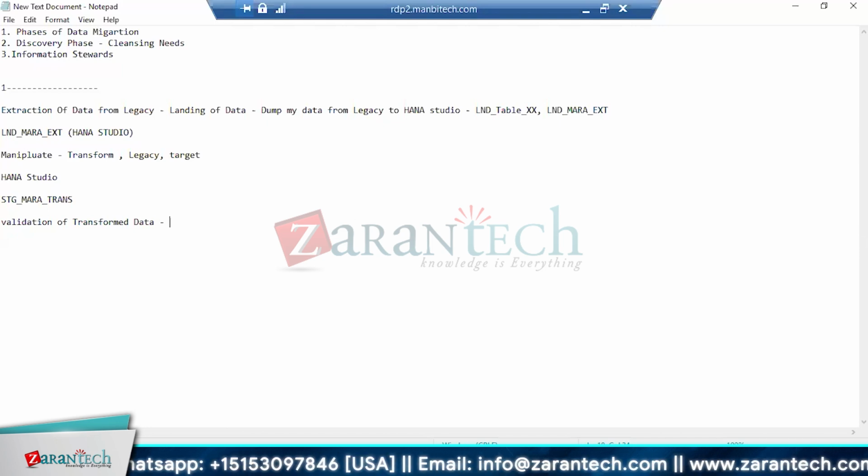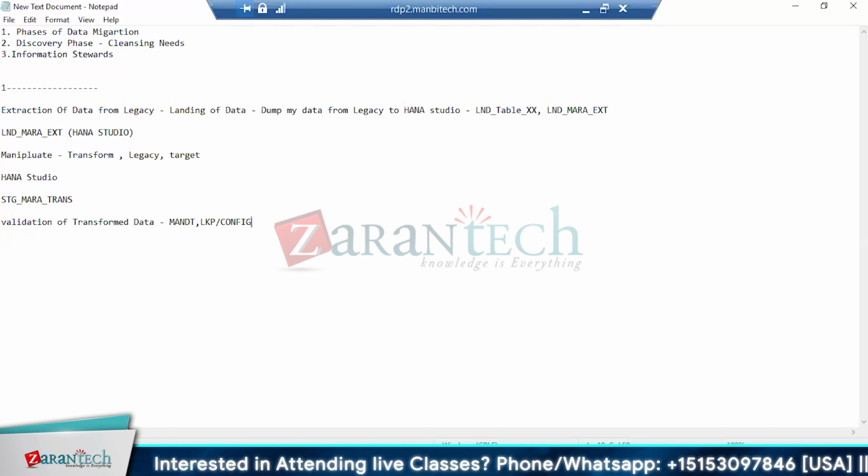What are the different validations I will use? I will use a mandatory validation check. I will use a lookup check. Lookup, or I can say config check. Then I can have something like an XREF check. I told you yesterday,